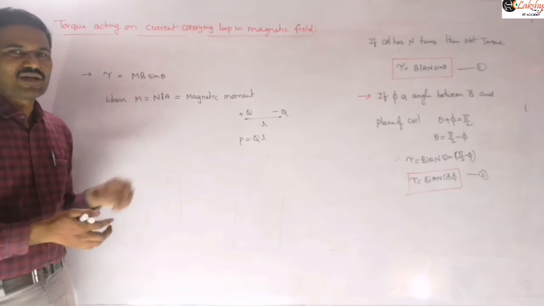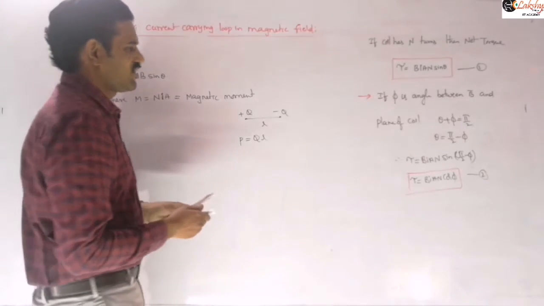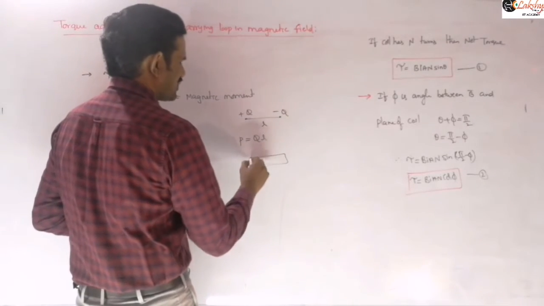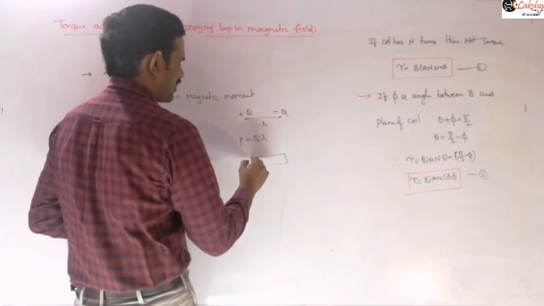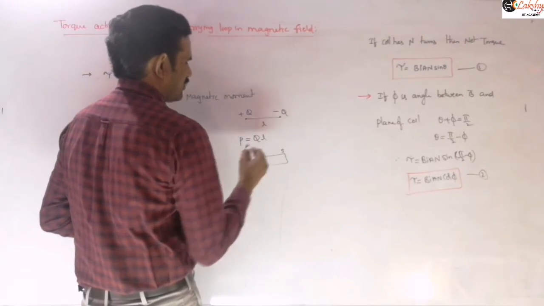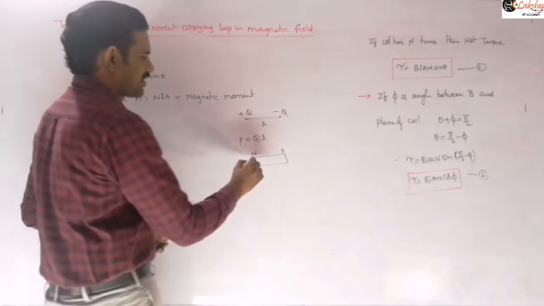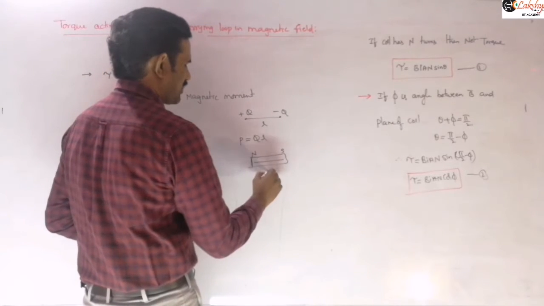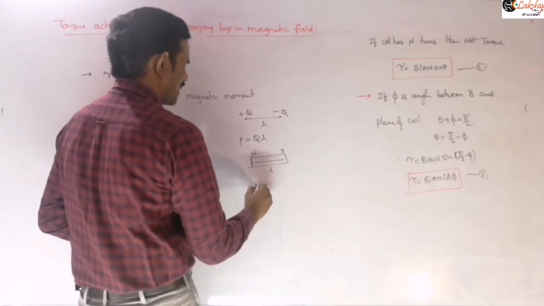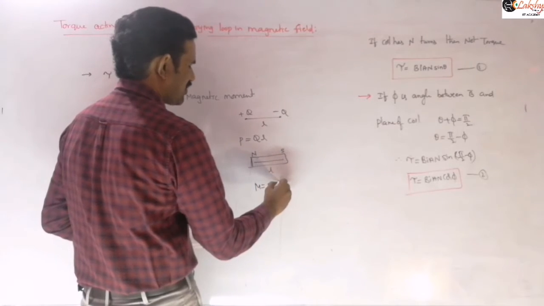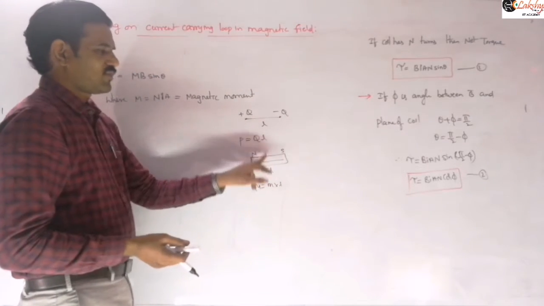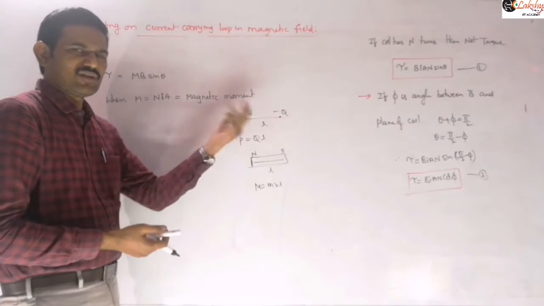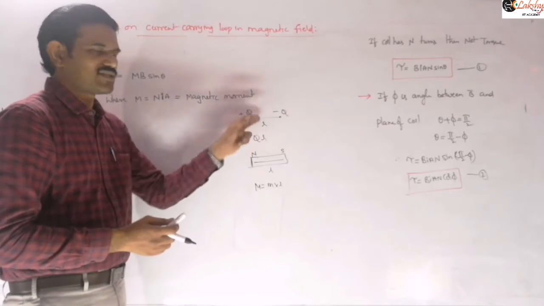For a bar magnet, we need to define it in a similar way. You already know about the bar magnet. If the North Pole and South Pole are separated by some distance L, then the magnetic moment can be defined as M into L, where M is considered to be the pole strength. We will discuss that later. Now this is similar to the dipole here.